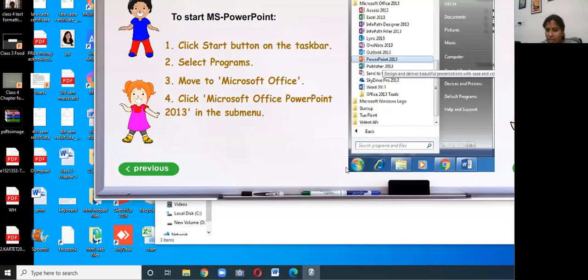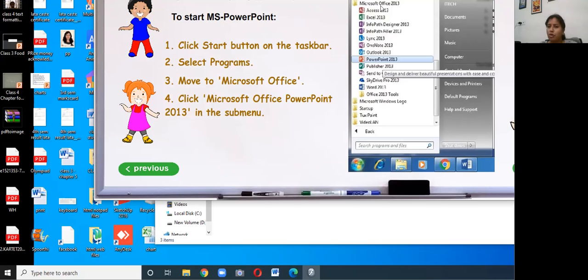Can you see here on the screen? You have to click on the start button on this taskbar. This black color bar below on your screen, that bottom bar in black, is called the taskbar. You're aware, right? We have read about Windows, all the details. So this is on your taskbar at the left hand side corner. You have the start button. When you click on this, the list of all your programs will appear in front of